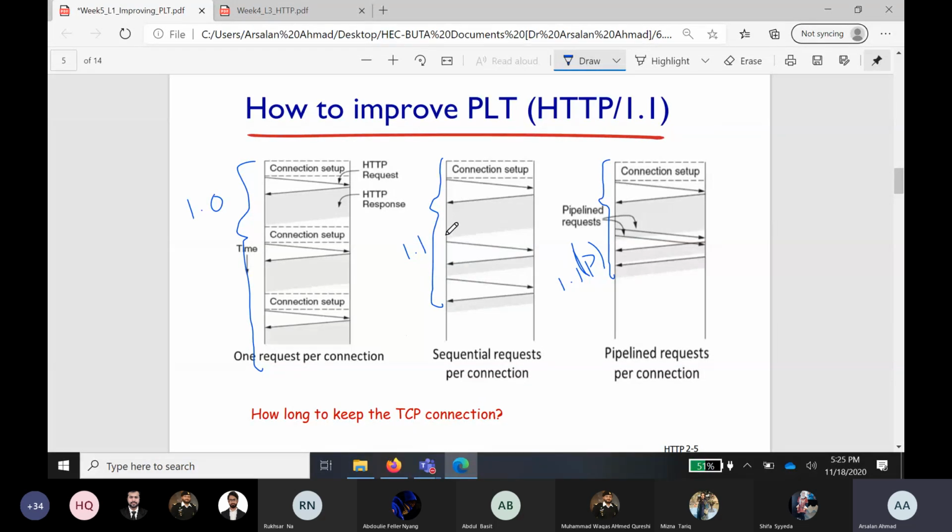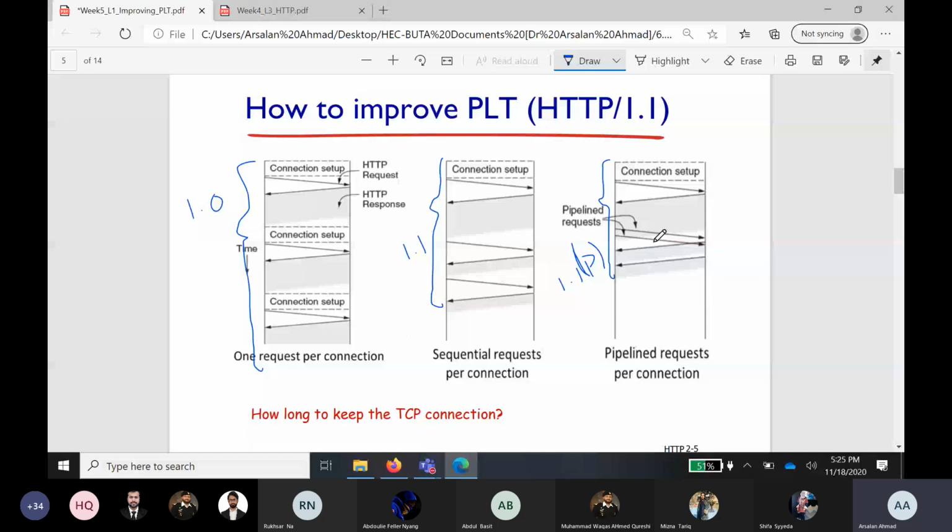the client knows, after parsing the file, that this file contains references to two more objects. So why not just request those objects in a back-to-back manner? Okay, so send one request, send another request. Now again, at the very beginning of my lecture, I told you guys that in each and every HTTP version, there will be a separate HTTP request for each web object. So it is there,